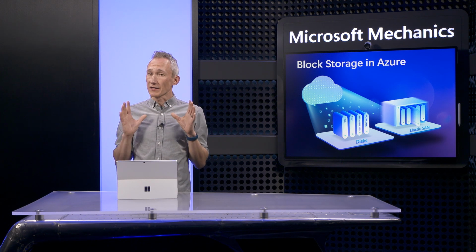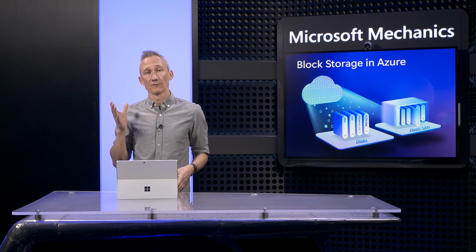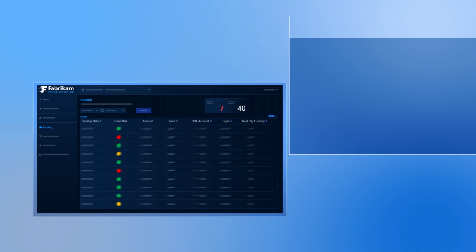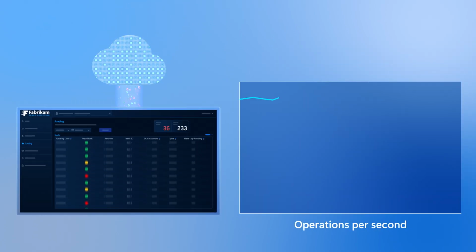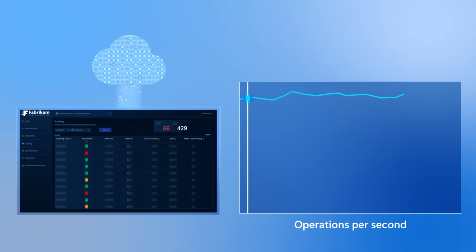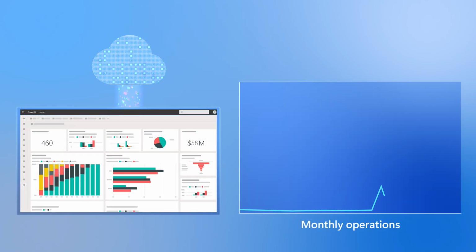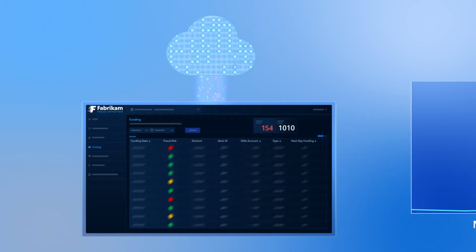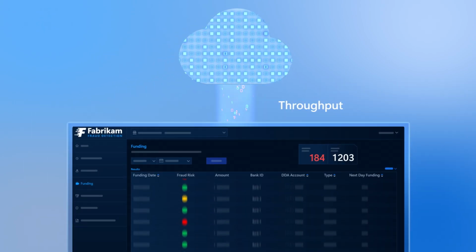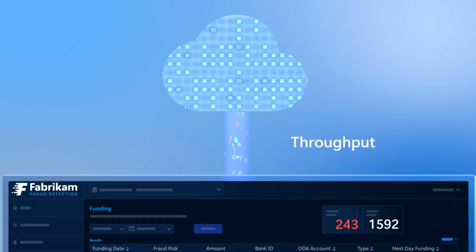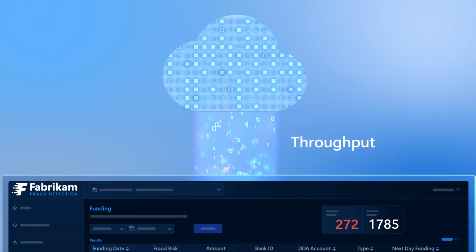Then, beyond choosing the right capacity, it's all about optimizing for performance. This means understanding how many IOPS, or input-output operations per second, you need. A highly transactional app with data frequently written to or read from disk storage, for example, will need far more IOPS than an app that processes data primarily in memory. In parallel, you need to think about your throughput, which determines how much data can be processed. Smaller sized operations require less throughput compared to large ones.